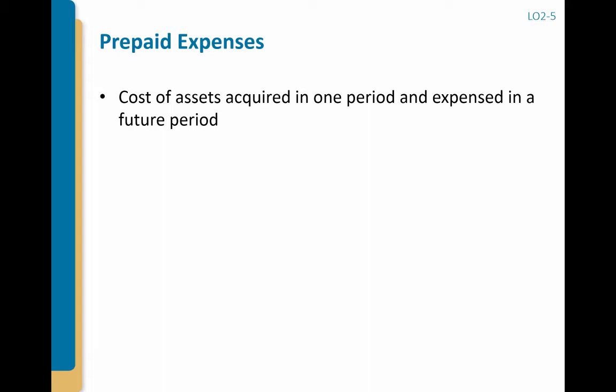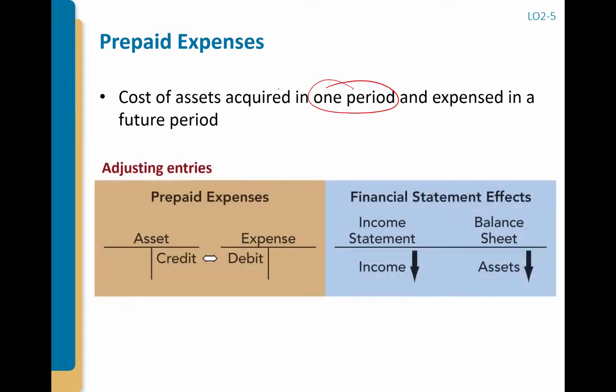So here we have the cost of assets that we acquire in one period, but we can expense them throughout future periods. So in our adjusting entries, we would be recording our expense and reducing our prepaid expense. Do not forget that prepaid expense is an asset. So when you actually record it, you would debit prepaid expense and credit cash for the amount,